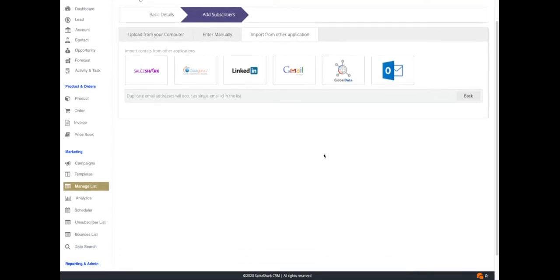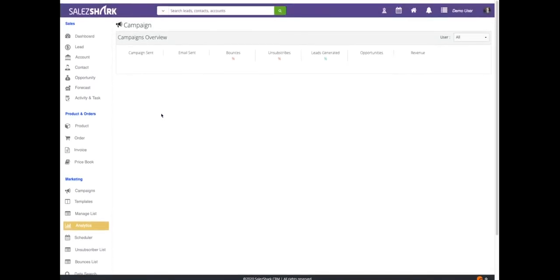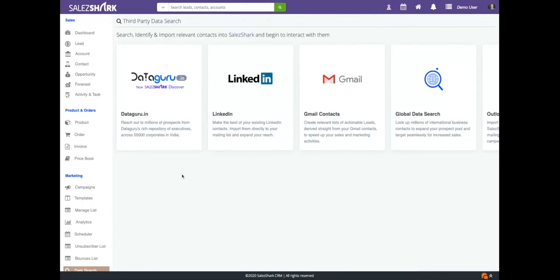Once you have run your campaign, you want to know what the analytics of it is, how the campaign has performed. In order to do that, you need to go to the analytics page. Once you are in analytics, it shows you different numbers that are important for the measurement of the campaign performance, be it the number of campaigns delivered, the number of emails delivered, what is the bounce rate, the number of leads generated, the drop rate, the click rate, the open rate. So all these aspects you will be able to cover in the analytics part.